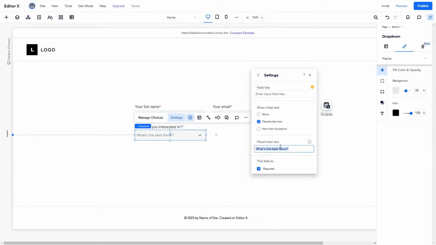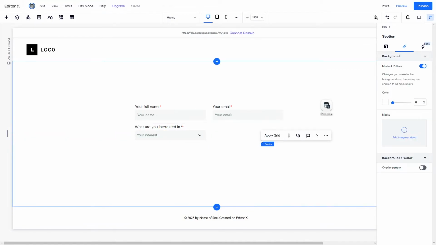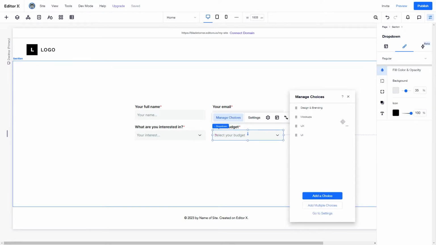Choose a placeholder text as your interest. Just add a couple dots and make sure it's required. There we go. Boom. Done. Now I'm going to copy and paste this over here and do project budget. Okay, so now that you have that done, go ahead and select it, manage your choices, create more choices, and